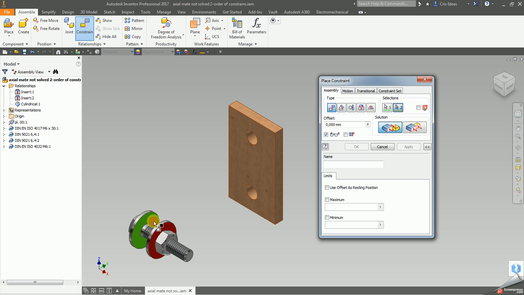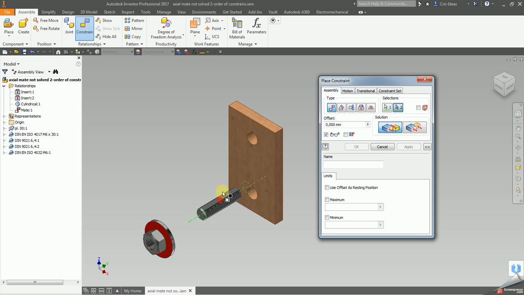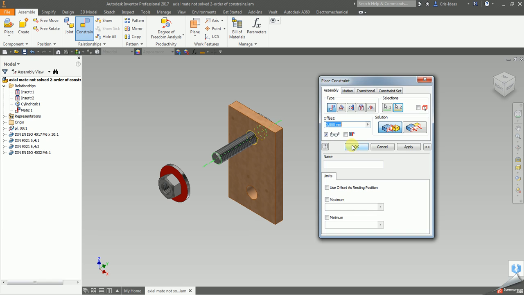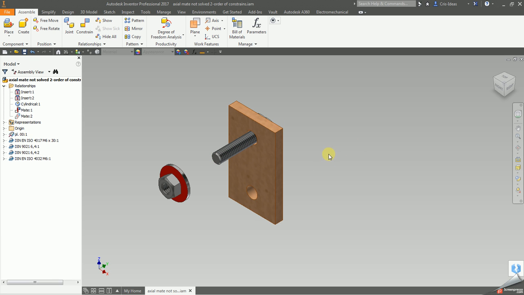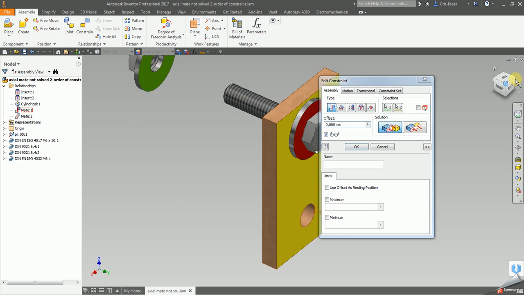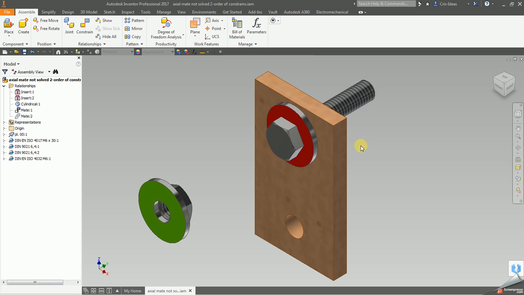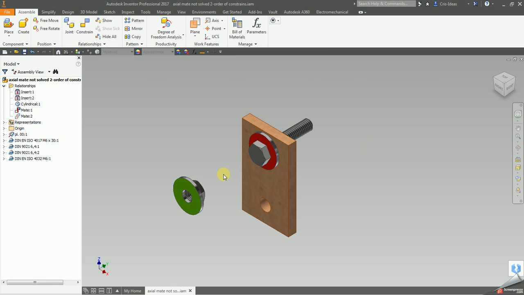So to constrain this to the other side, first I applied the surface mate, and now constrain axis to axis. As previously, this is solvable. This placed the bolt in a position. Now I will try to edit this mate. I think this is also the second surface. Yes, so the second surface, and as you can see here, now we didn't get any error message that the